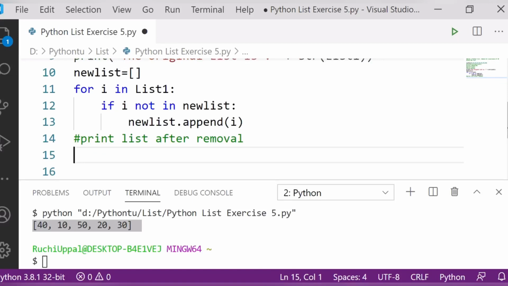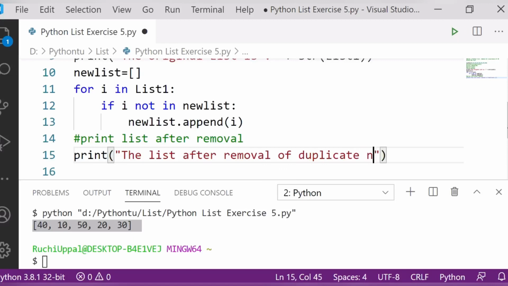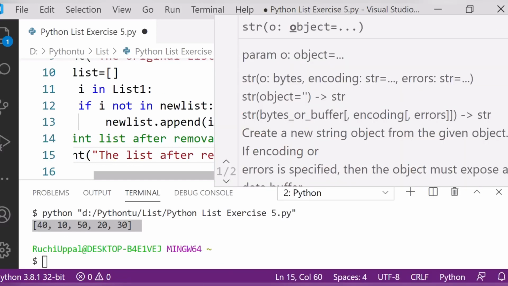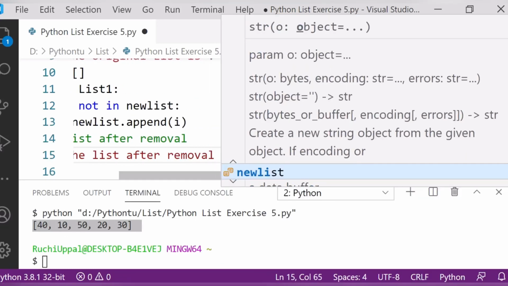So I will simply write down print the list after removal of duplicate numbers, plus a string, then I will write here new list.